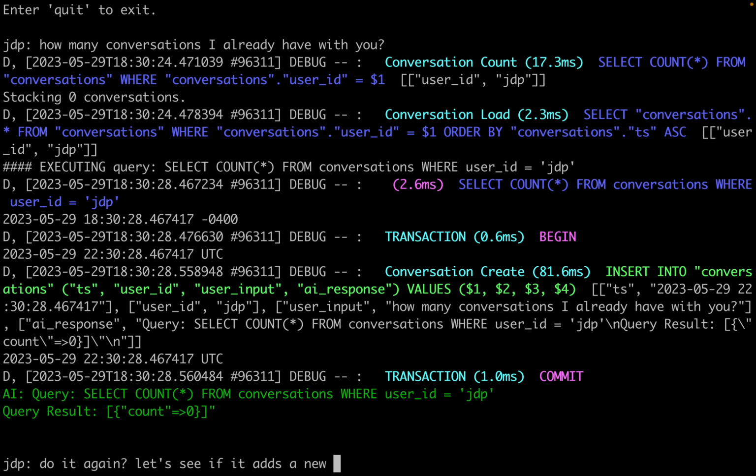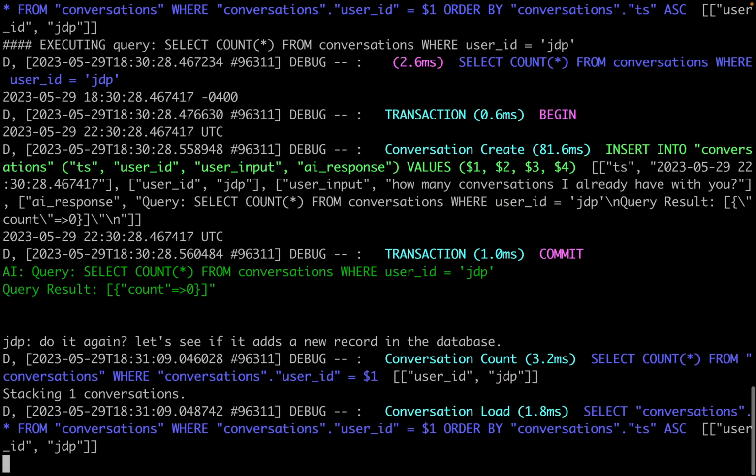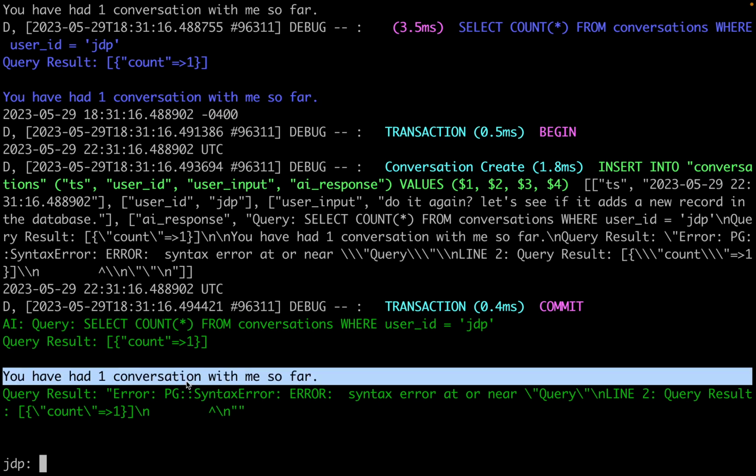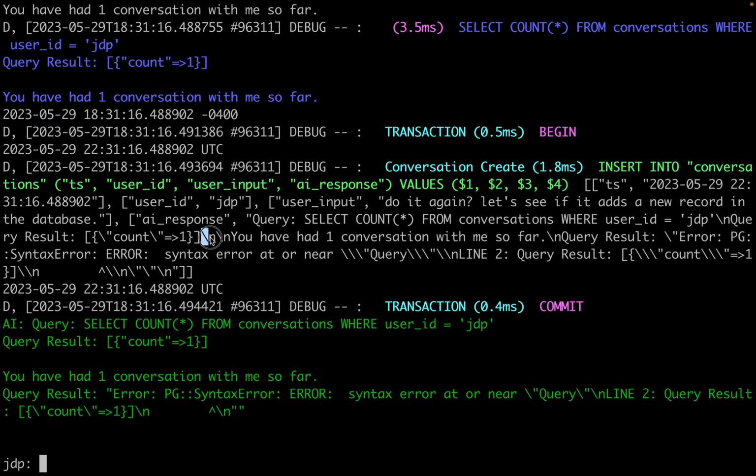let's see if it adds a new record in the database. Okay, let's see. So now you can see that you have had one conversation with me so far. So it worked. Yay! Nice. And for some reason my query here has some error because I just did something wrong. Probably it's a bug in my algorithm or something that is just not